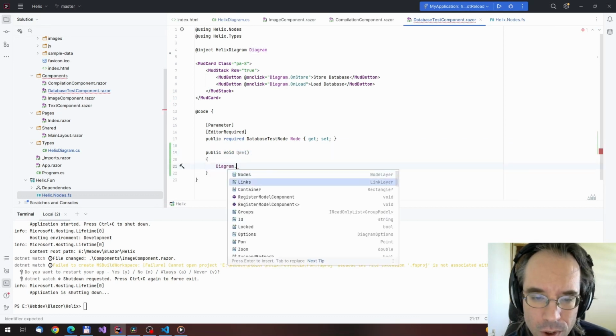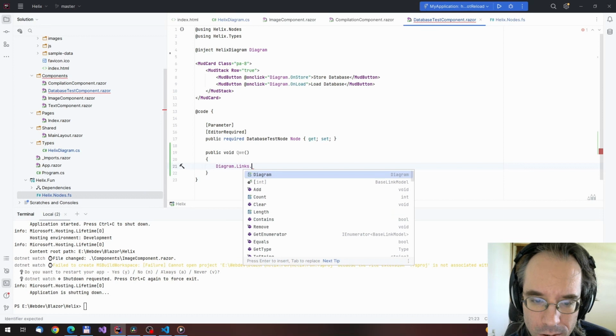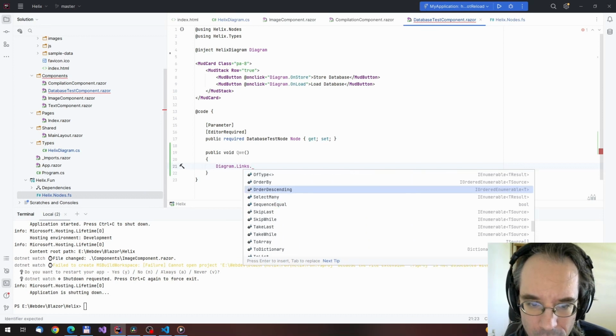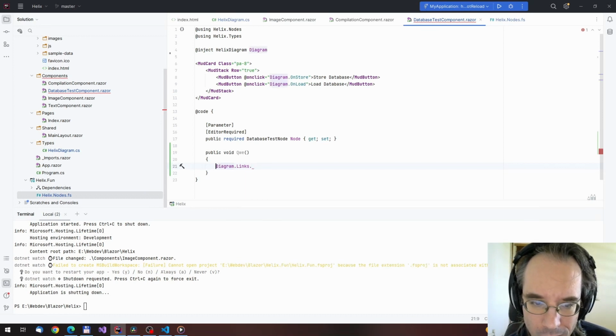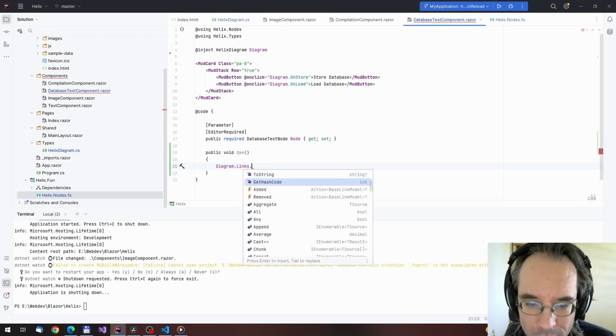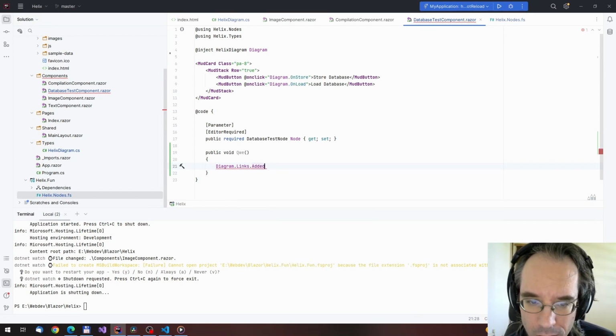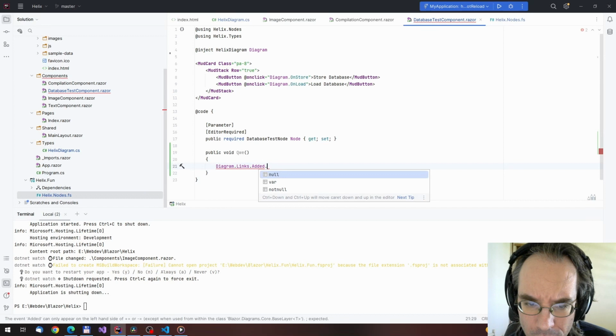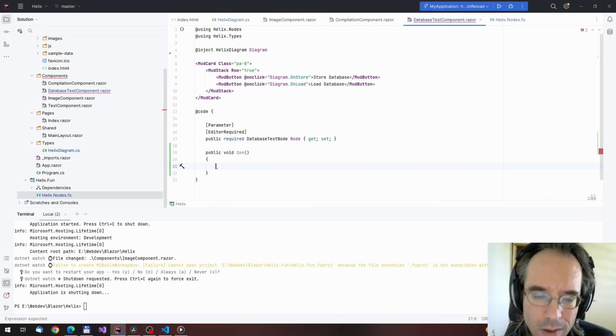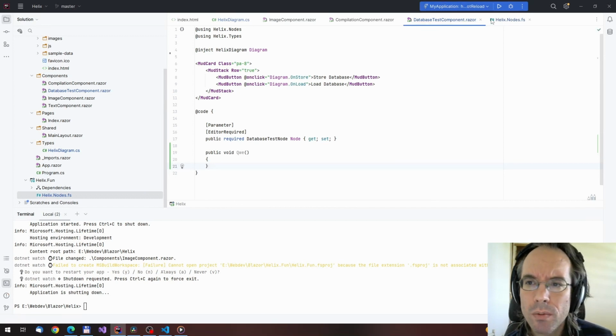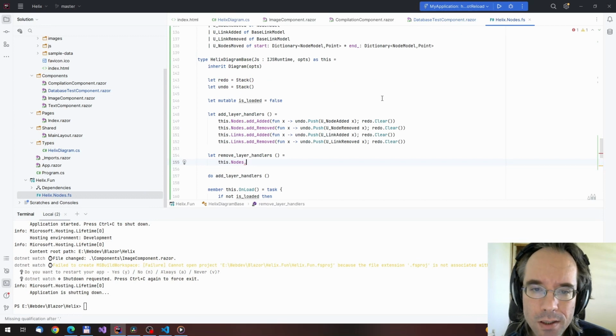In the C# version, let's say links, we have this event. Why is it bothering me with this? We have add. Yeah, it only has the add and remove methods. Okay, I guess I will have to